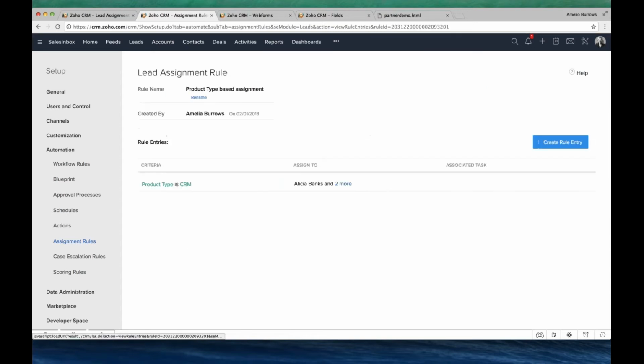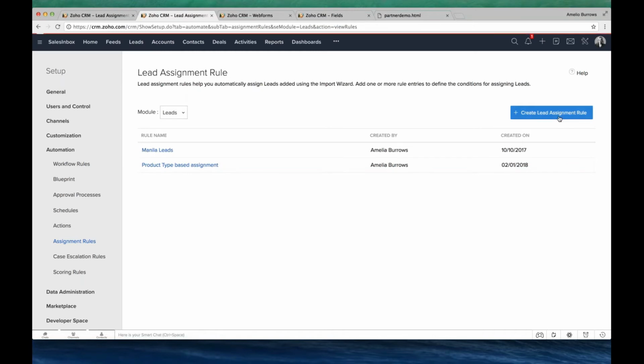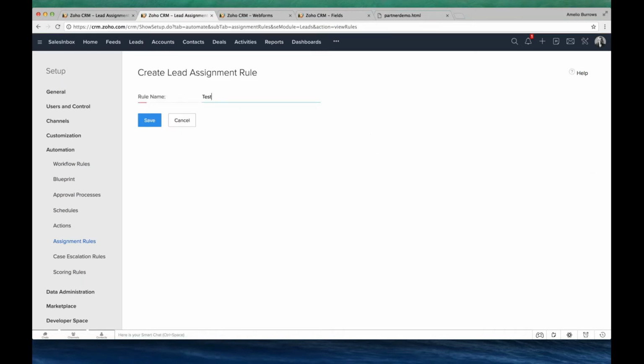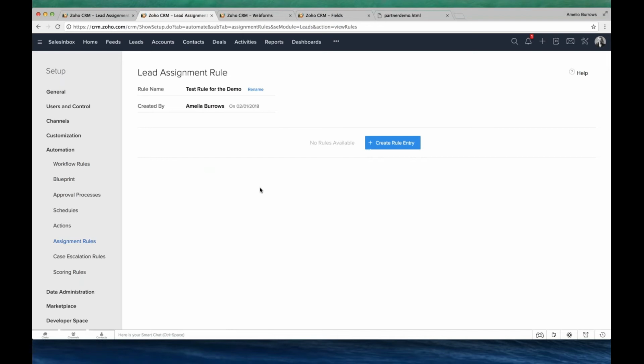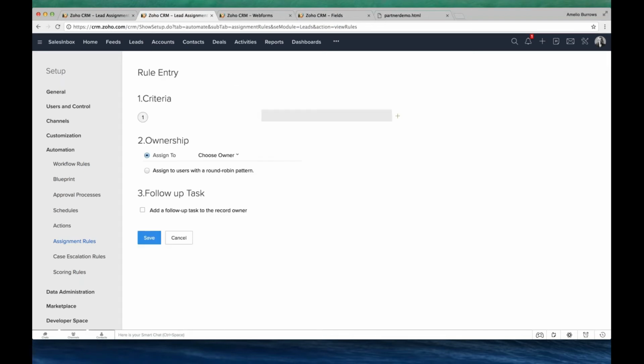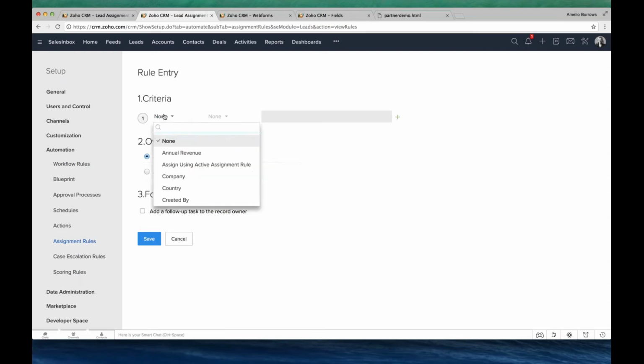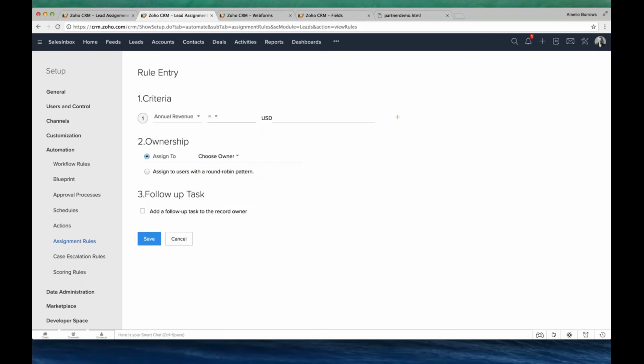Just to give you some information about that, or I can create one. Right. So once you give the lead assignment rule's name, you can start giving the entries of it. Say for example, if the annual revenue is greater than $200,000.